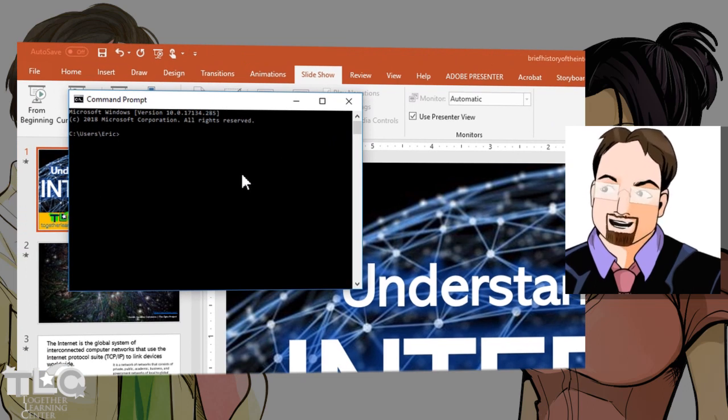Now what I can do now, this is a Windows PC, you can do this on almost any Windows PC. You can try it yourself at home. I'm going to try and ping something. Now I can ping an internet address,